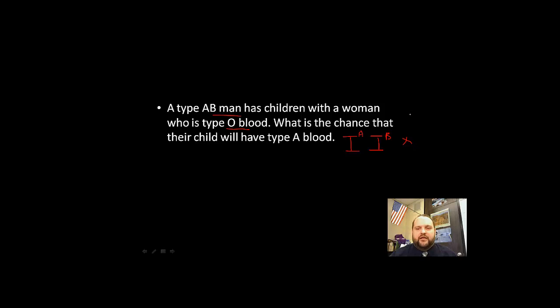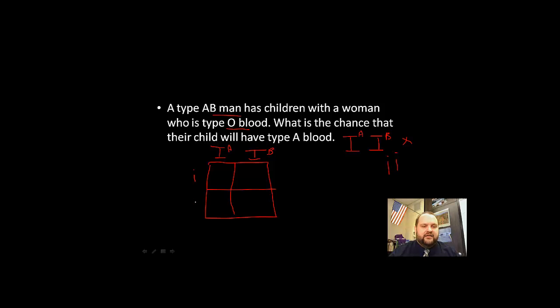The only way you can get type O blood is if you have the two recessives. Down here, the two recessives. So that's what we're looking at. That's the cross that's going on, an AB man crossed with a recessive female. So if I draw the Punnett square for that, over here we'll make a Punnett square. Okay, and so we'll put this parent up here, big I A, big I B,